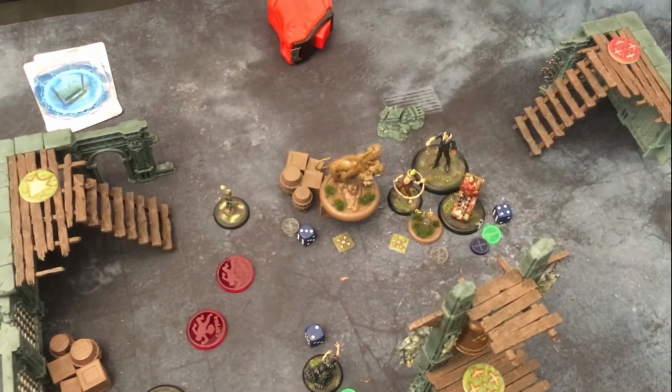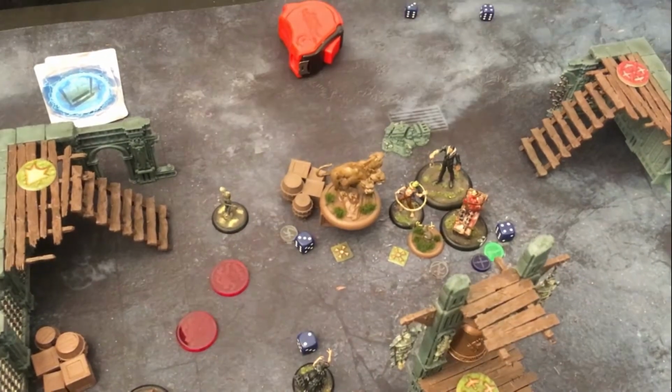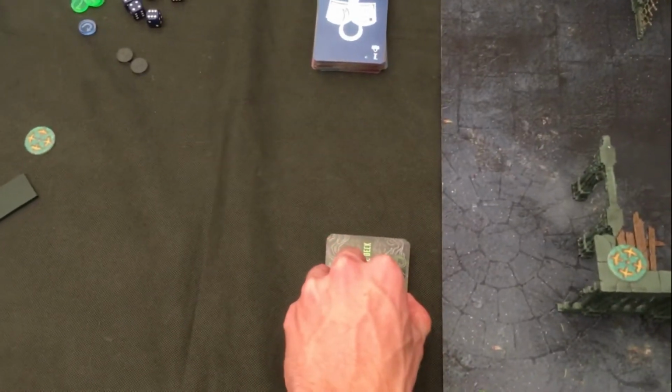Jack's going to activate, yeah. And Jack will try and finish off this Jackalope probably. Willpower. Stat 6 against willpower, so I better reshuffle my deck. Yeah. So you're on 7, and I need...